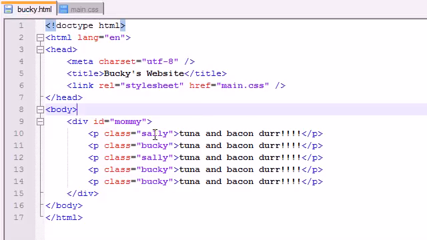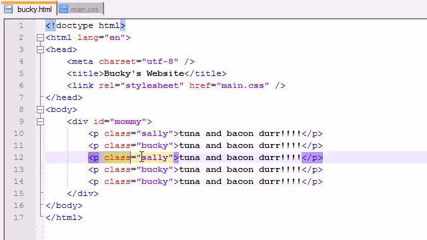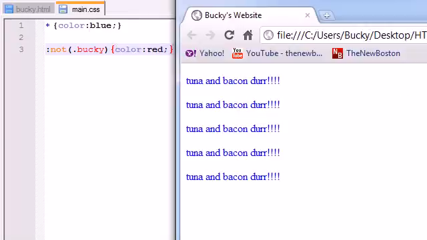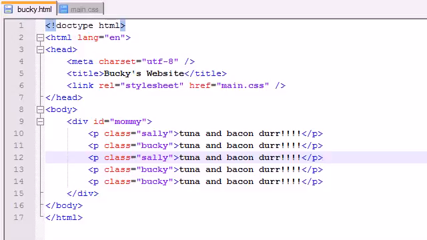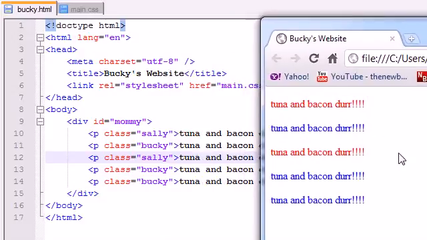So if you look, what's not in the class Bucky? Well, Sally isn't in the class Bucky, and this Sally isn't in the class Bucky. So those things we say, okay, color red. So let's go ahead and refresh this, and if we do that, we can see that these paragraphs indeed got colored red, because the only thing in this website that wasn't in the class Bucky was this first and third